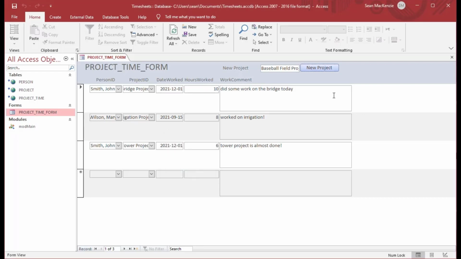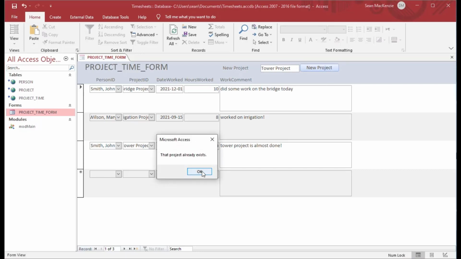So now if I try to hit it again, it says, well, that already exists because I just put that in. And there you go, that project already exists. And so what that demonstrates is that with DBC changes, you do want to start to use